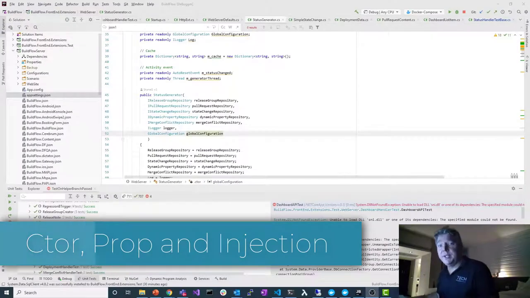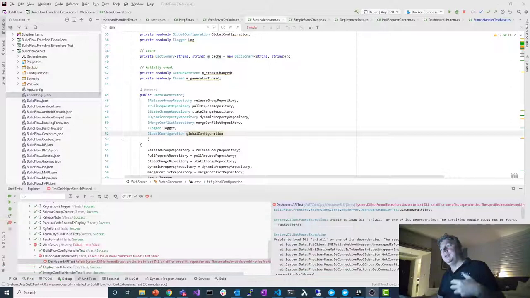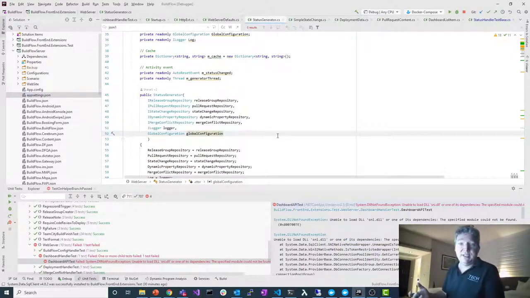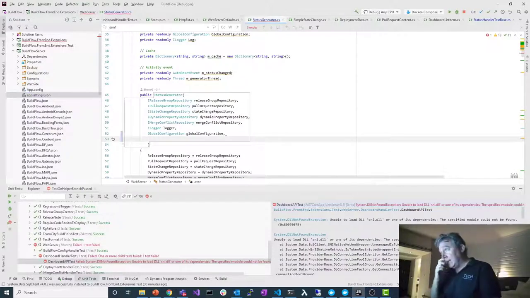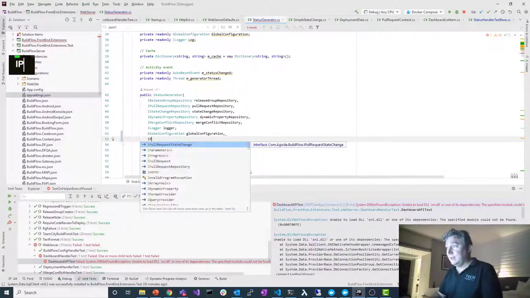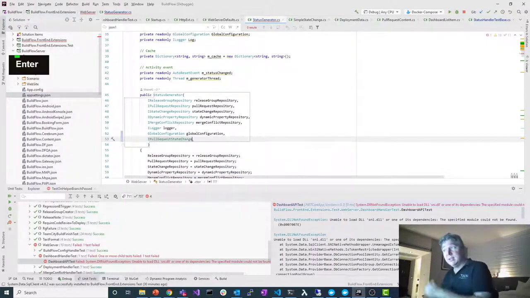Another common one you're going to run into is when you're using dependency injection, right? And you're going to be adding new services into a class that you're using. So I've got an example here, and we're going to add a new dependency into this class to add some new functionality. What I'm going to do is edit the constructor and start to add something new. In this case, I'm going to add this service called a pull request state change,